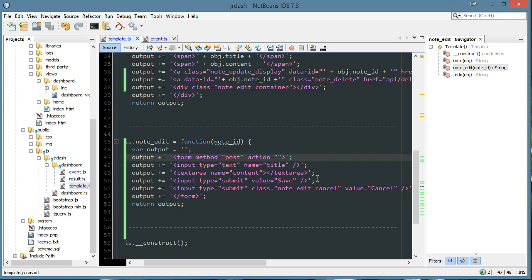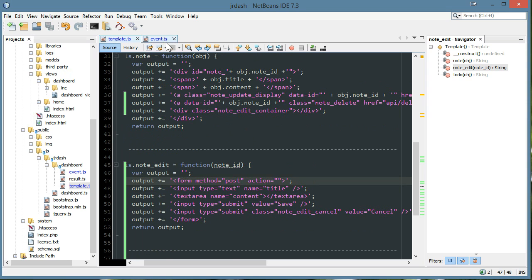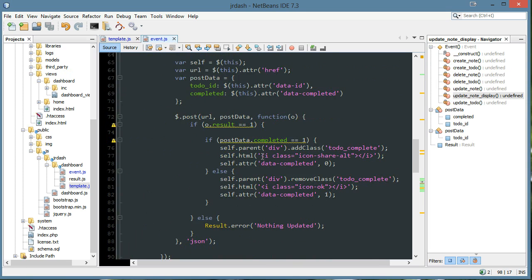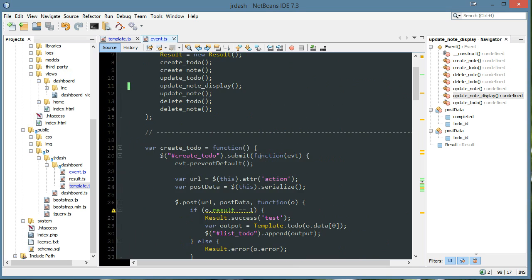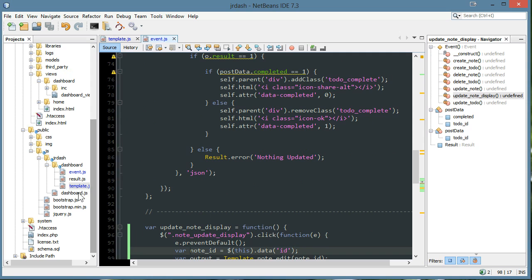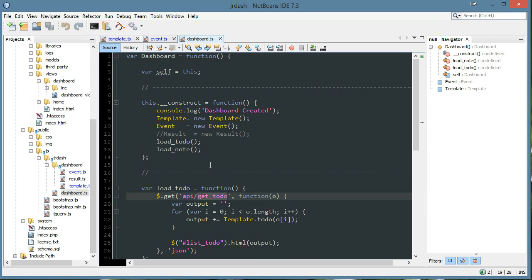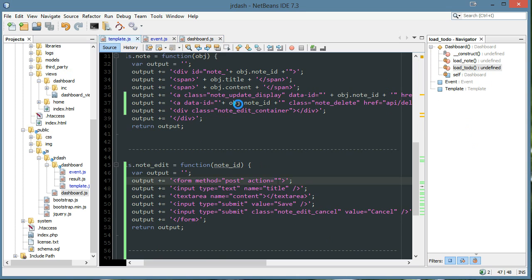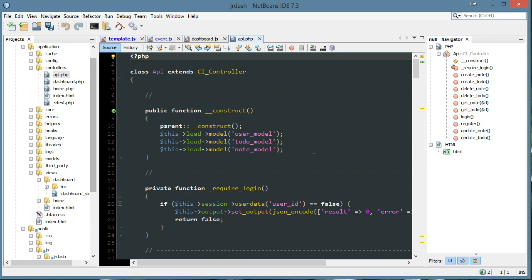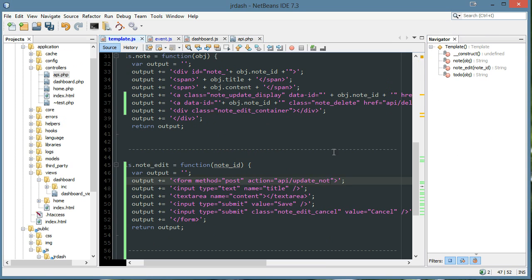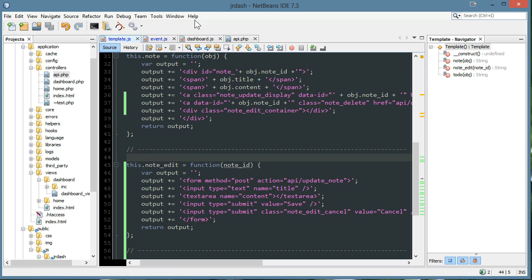Okay, so for the action, if I recall, I believe it's API. Where did we put those? Those are under the dashboard. API get to do. This will be API slash, I believe it was update to do, but let's be sure in the API PHP, update note. Update note. So our first goal is to have the form display when something happens, and I haven't thoroughly gone through all the steps,